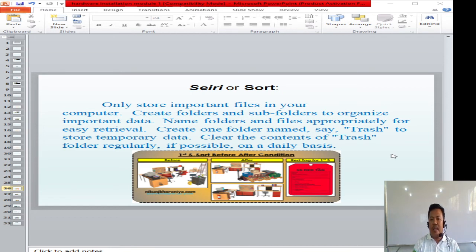How are we going to sort everything in our workplace? Of course, we're going to arrange according to its function, arrange according to its uses. So we are going to separate materials or equipment according to their function. That is one S, the first S in our workplace. Next,